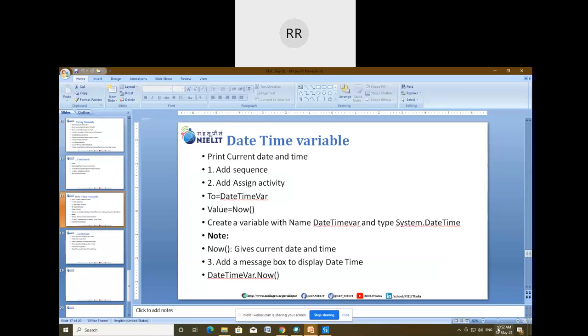Suppose, what is RPA, I have already discussed, but in short, RPA is automation for all the desktop applications. So suppose in some particular application, if you want to get the current date and time from a system, then in that case you have to use this Now function. Where can this Now function be used? Suppose you want to make an auto bot or robot, and that bot is going to automatically